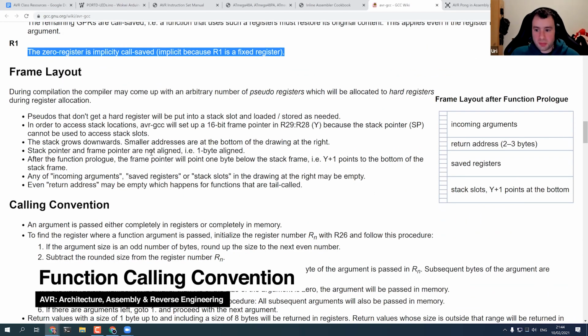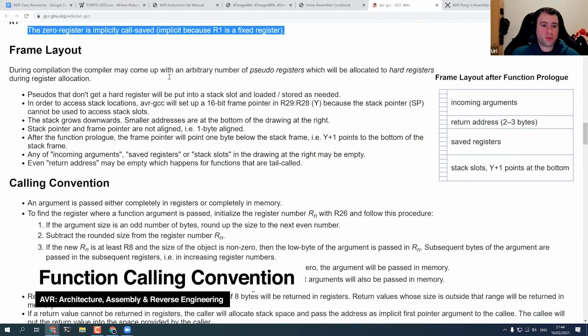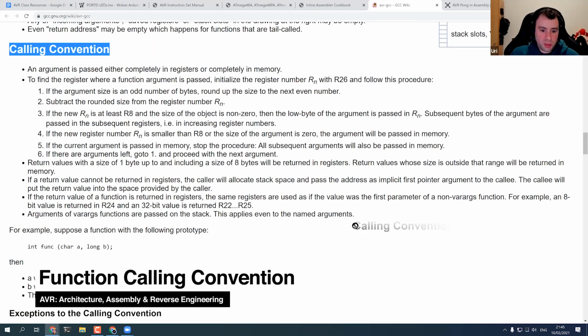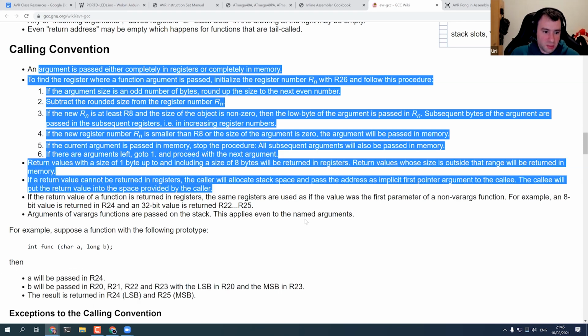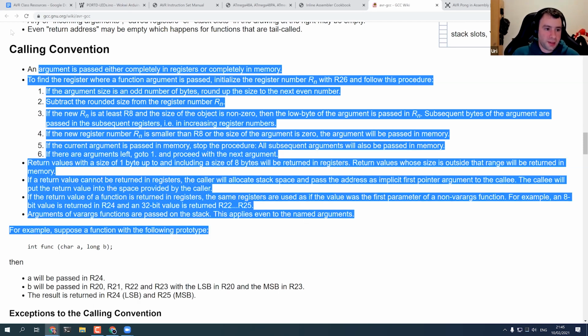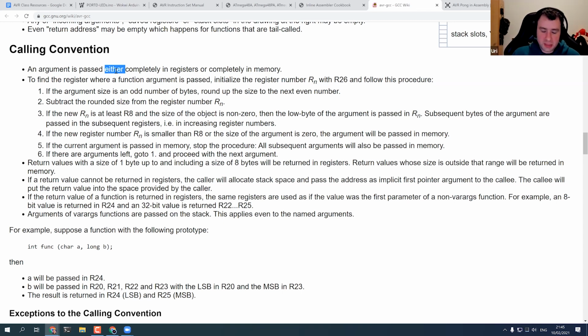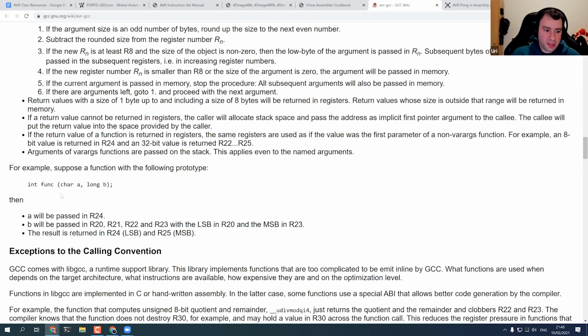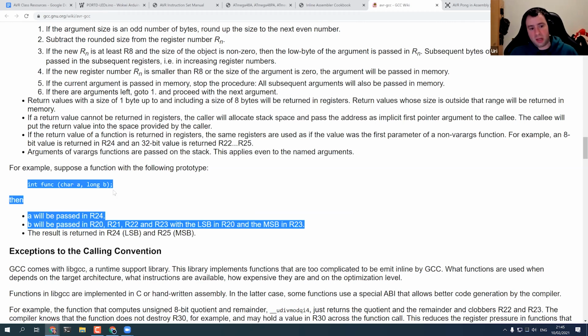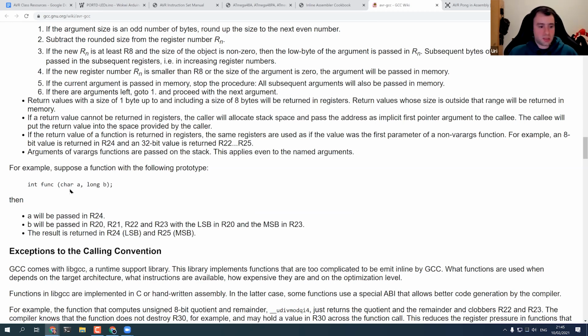And another interesting piece of information is the calling convention. I won't go over this long text. It's a bit cumbersome, but basically defines how parameters are passed to functions. And I think this example summarizes this pretty well. We have a function that returns int and takes 2 arguments, a character and a long value. And we can see that the first argument will be passed in R24, and then B will be passed in these 4 registers, so 20 to